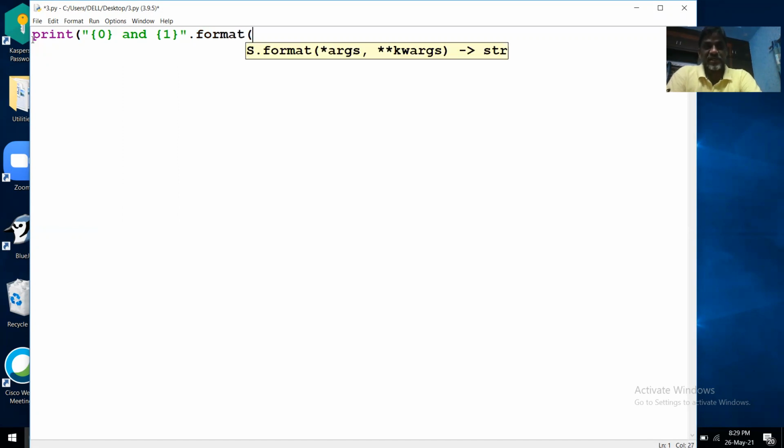The syntax goes like this. The first parameter of this format function, I want to mention it as India, comma. The second parameter is diversity.